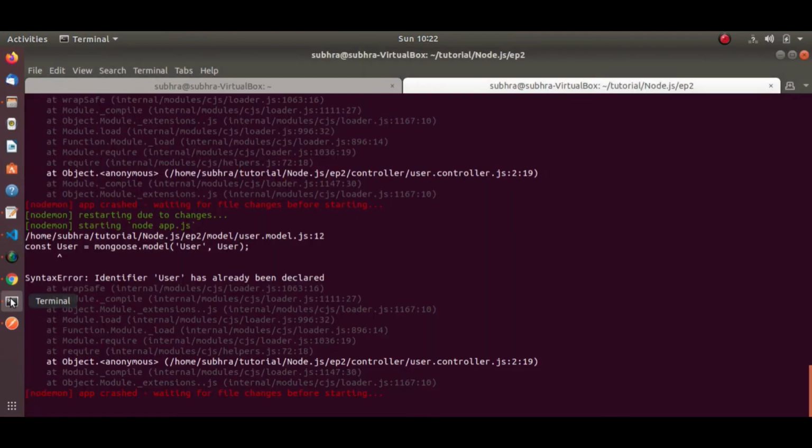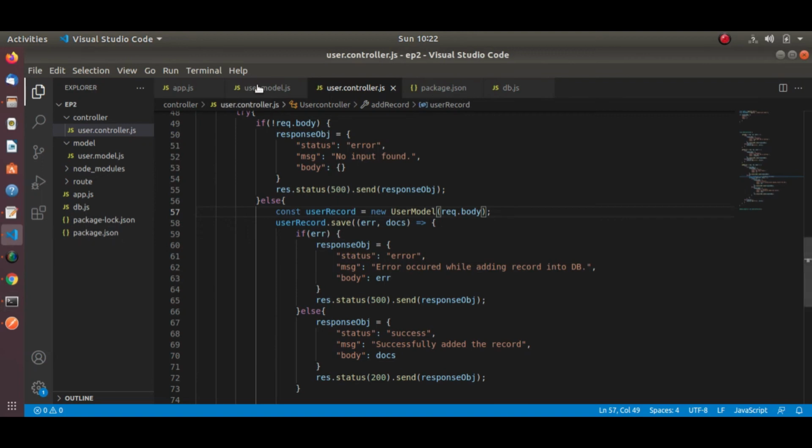Let me check user.model.js line 12. There is still some error with the model file.